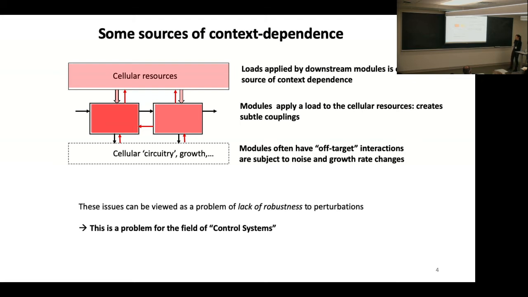And so what I will be doing in this talk, I will be taking a control systems point of view, okay? And view all these red arrows as disturbances that are acting on your system and trying to think, how can we make the behavior of a system somewhat isolated from this context? So that said, I will be focusing on a small story, especially related to this notion of sharing cellular resources,